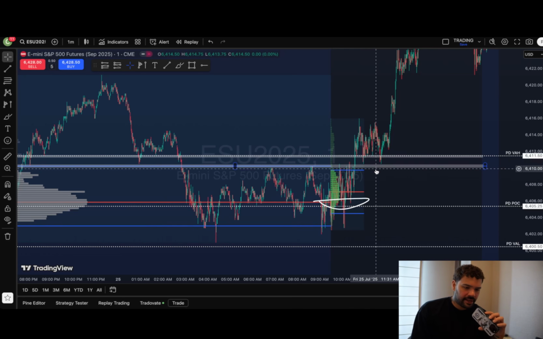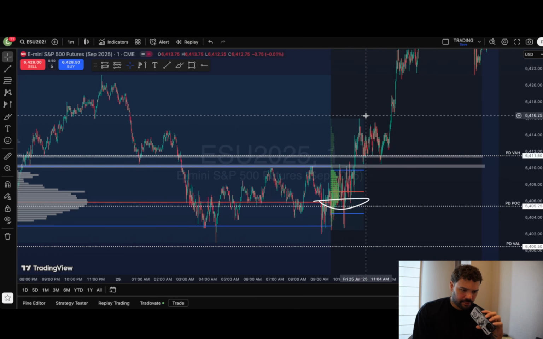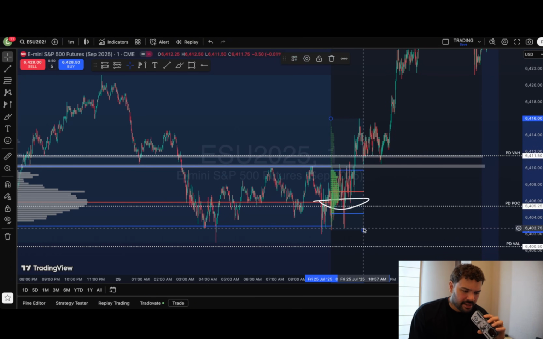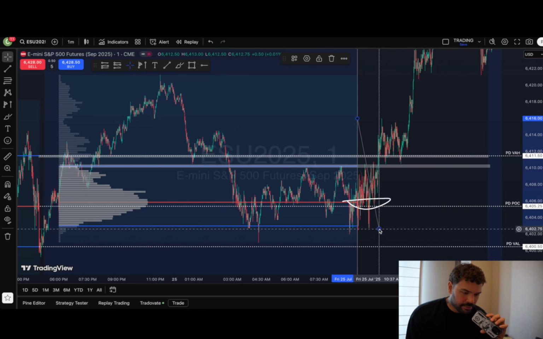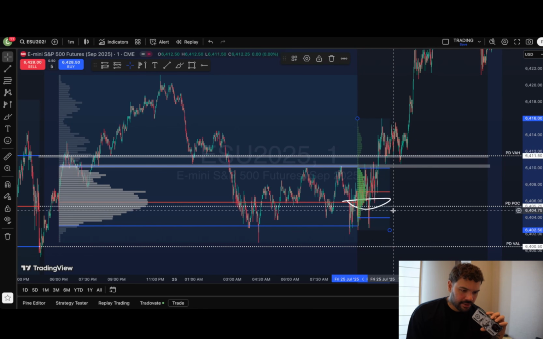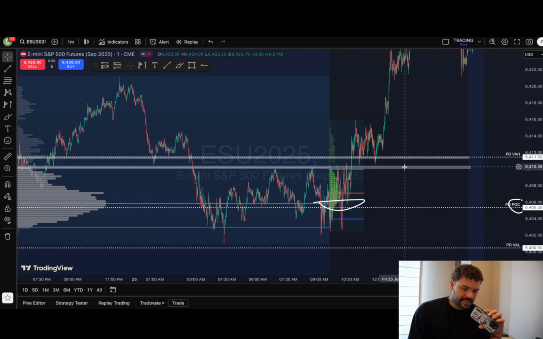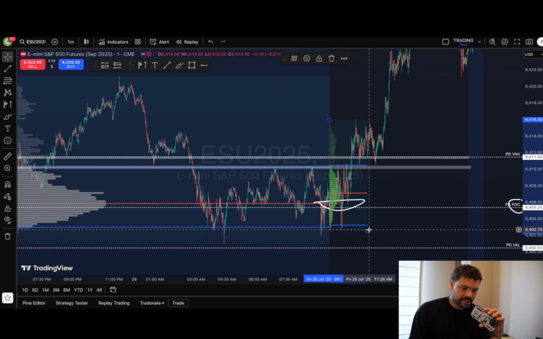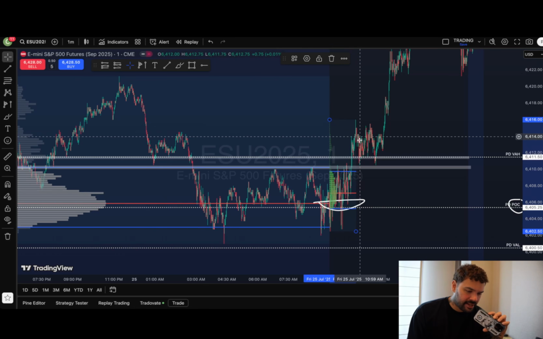Now, what we're looking for here is our third piece of confluence. So we have two confluences already with the value area highs overlapping and price coming through and above the value highs. Now, what we're waiting for here is the point in this developing profile for the value area high to come along and shift up towards these levels to act as a triple confluence of support here. So when price broke through the value area highs here, the value area high of the developing profile was still further down. We're waiting for that to develop,